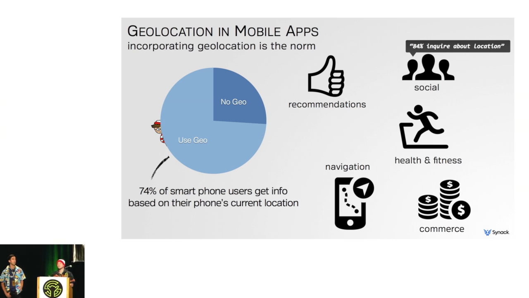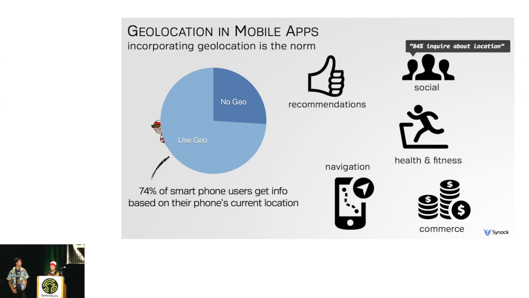Here are some categories of mobile apps that make use of geolocation. First, social: obviously Facebook, Twitter, Instagram. You can upload photos, tag where they were taken, check in. That's geolocation. Recommendations: you're at ShakaCon, you want to use Yelp to figure out what's good around. Again, that uses geolocation. It's going to send your current location to Yelp,